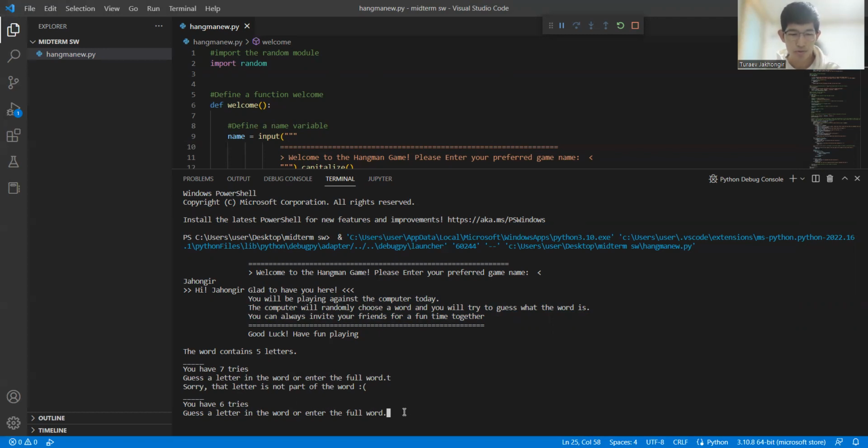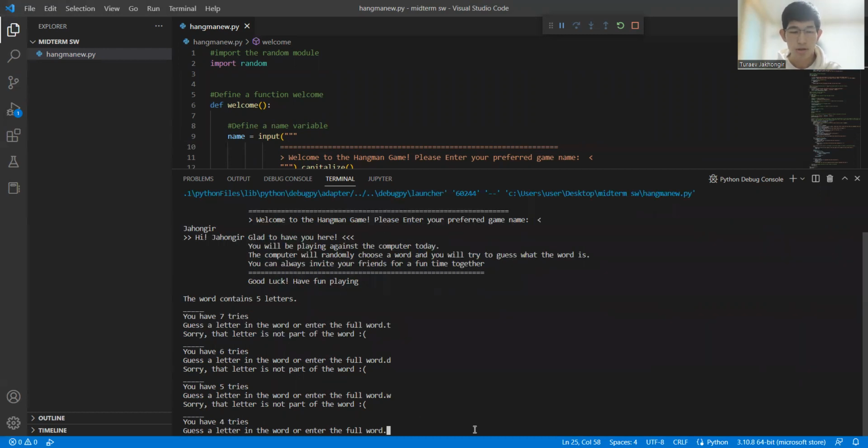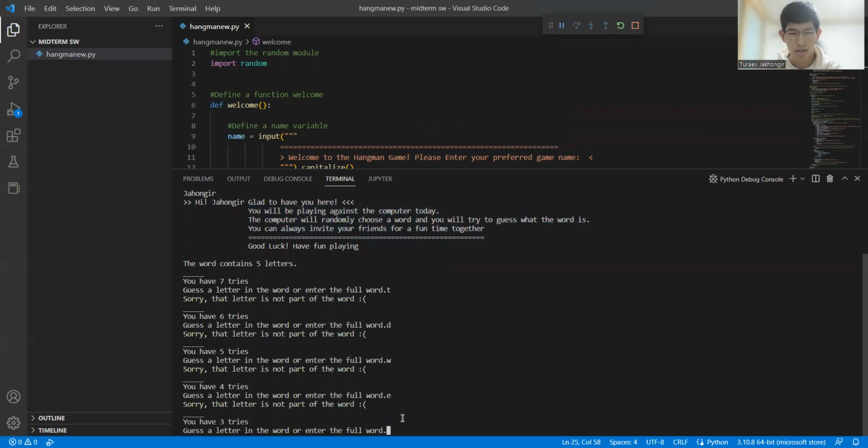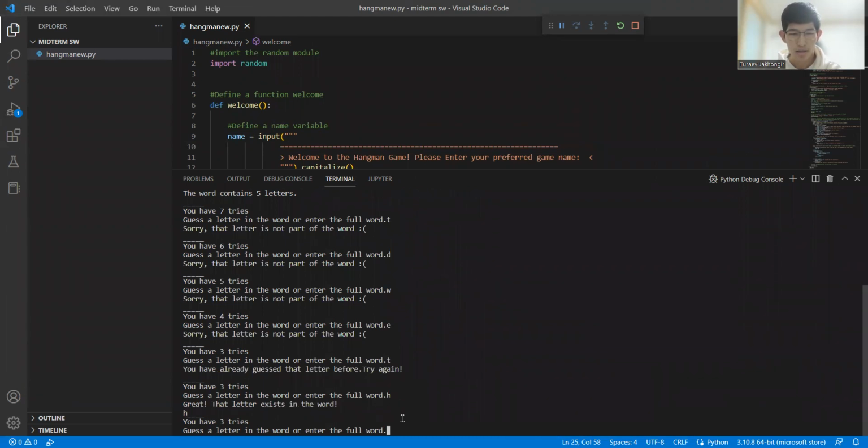So, let's press the button D. No, it's wrong input. Let's write W. This is also incorrect. E. E also incorrect. T. Also incorrect. H. So H is correct. So A is also correct, and we're gonna have